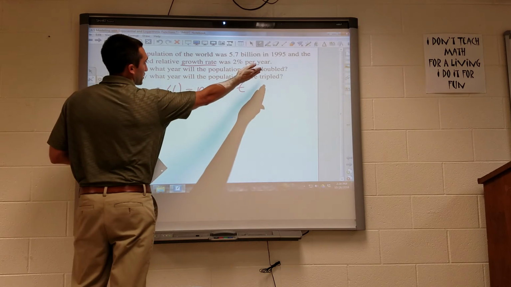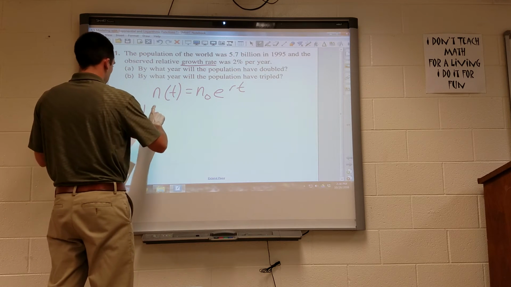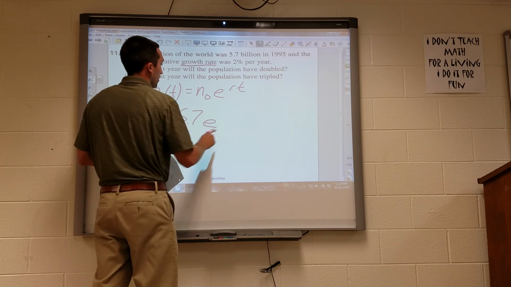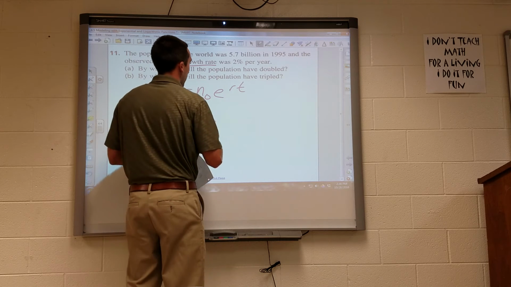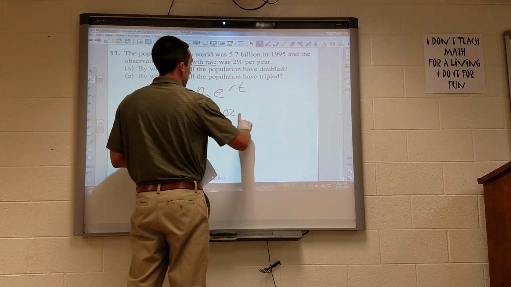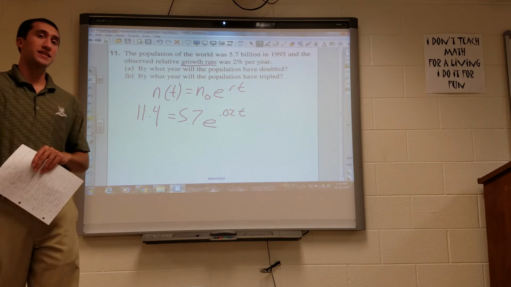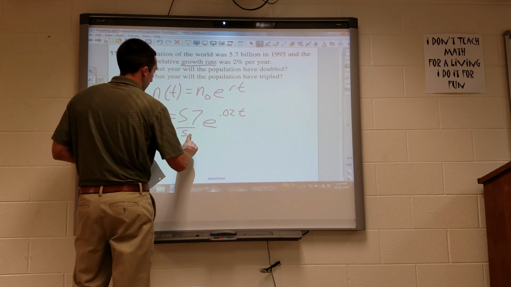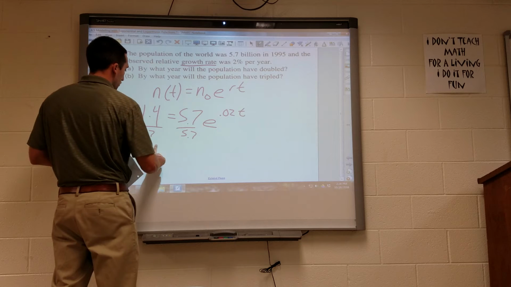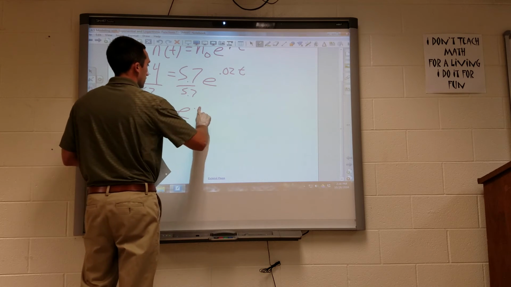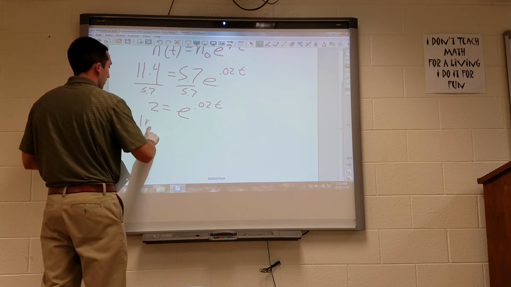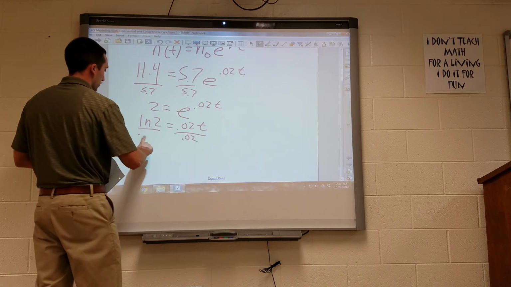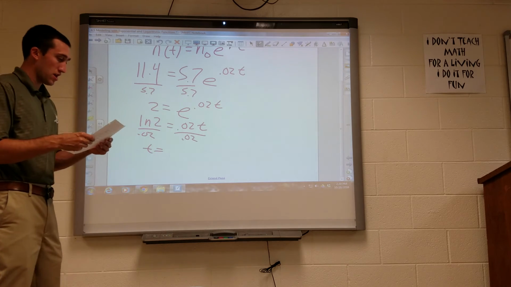So if I want the population to be doubled, I've got 11.4 billion people. I started with 5.7 billion people. My mathematical e stays constant, and my growth rate is 0.02, standing for 2%. I don't know how long it's going to take me to get to 11.4 billion. So let's see, I divide by 5.7. That gives me 2. Again, take the ln of both sides, so ln of 2 equals 0.02t, and divide by 0.02 to see that it would take me